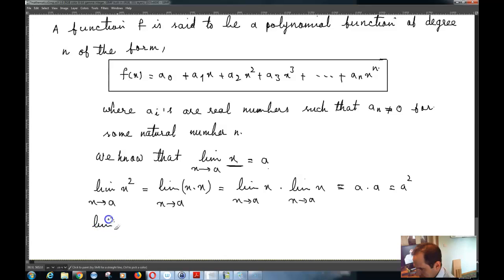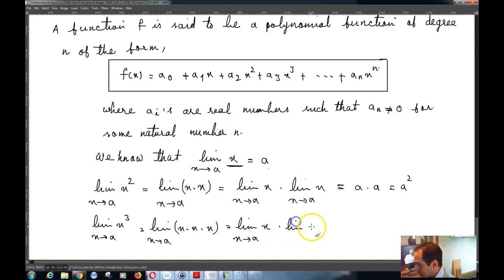Now the limit of, for example, x cubed as x tends to a is equal to the limit of x times x as x tends to a, which is equal to the limit of x as x tends to a times the limit of x as x tends to a times the limit of x as x tends to a, which is equal to a times a times a, which is equal to a cubed. So then, based on this, you can say that by induction,